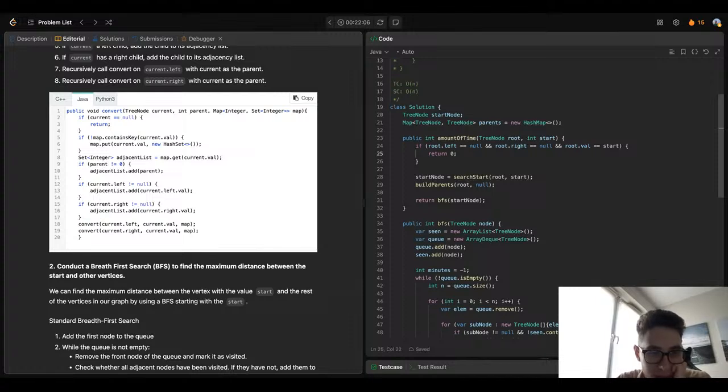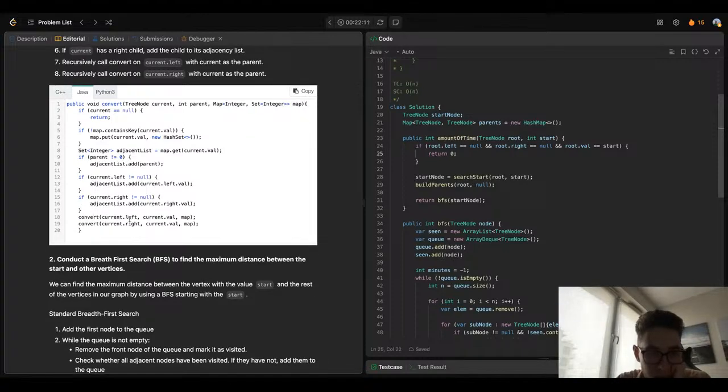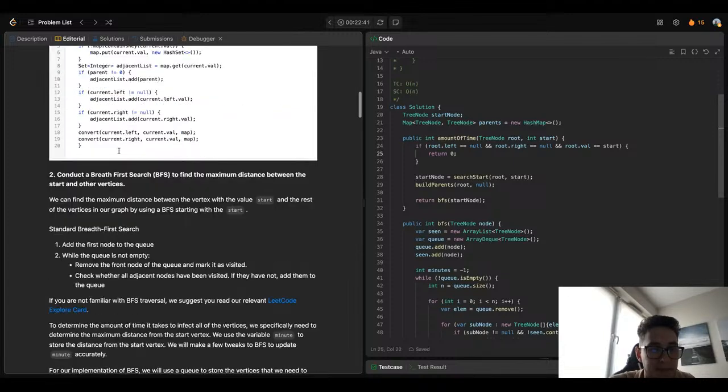Okay, just a list of nearest elements, and we recursively go through our tree, left, right, then to the list, to the set. And if the map does not contain this